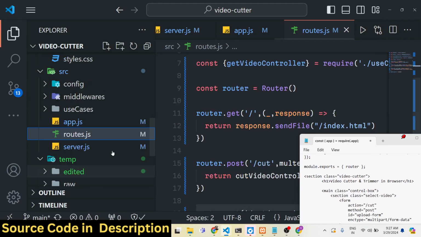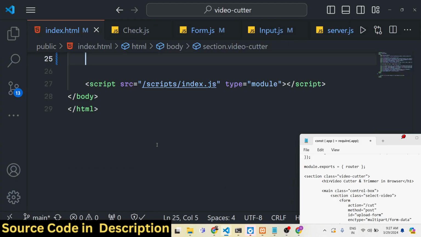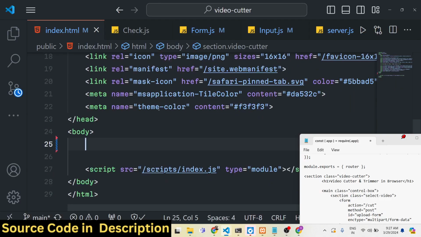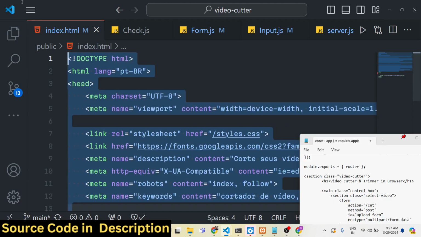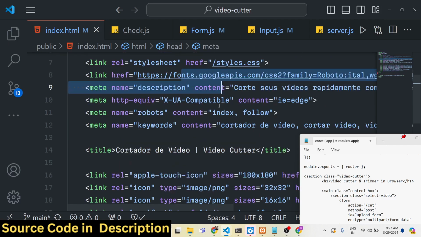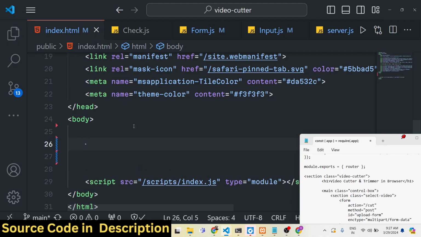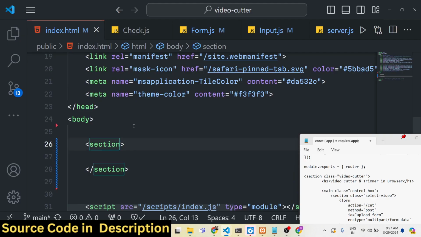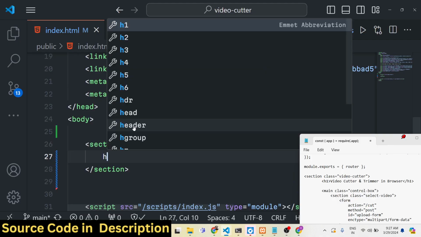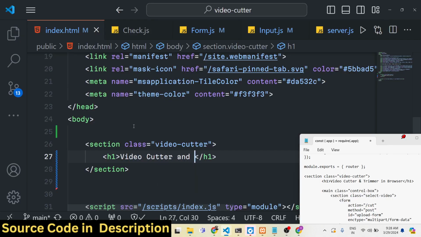So now we will make our index.html file, which is present inside the public folder. So I will simply go to this index.html file. So inside the body, at the very top, we are actually including all the CSS code which is required, all the fonts that we are using for this application, title, everything is included. So right here in the HTML, we will actually have a section, and I will simply give it a class here of video-cutter, and we will have an h1 tag right here, and this I will say Video cutter and trimmer in browser,